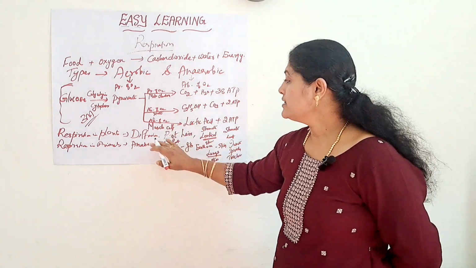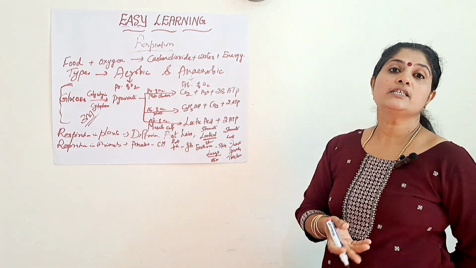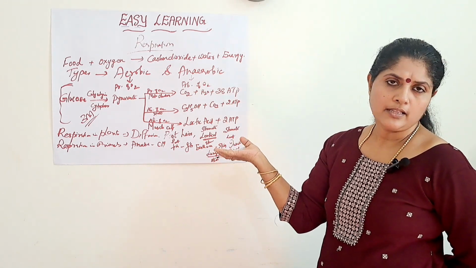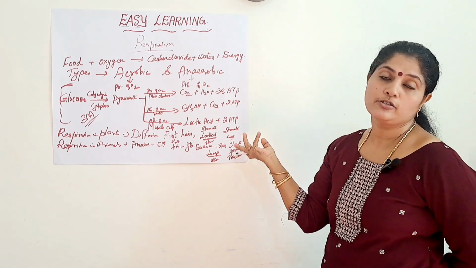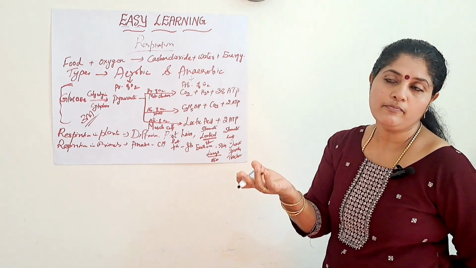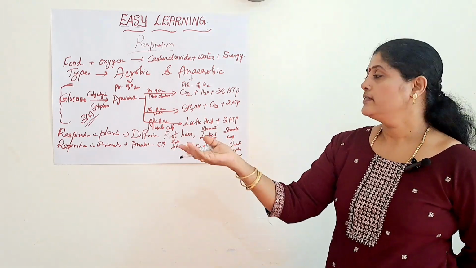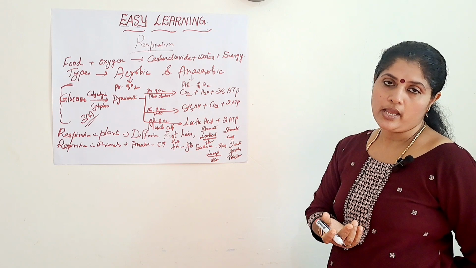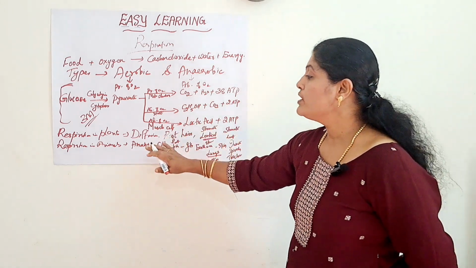Other than that, regarding respiration in amoeba, the same process is there in the case of earthworm and also fish. Fish respire with the help of gills, earthworm with moist skin, and amoeba with the help of the cell membrane. Now we are moving on to